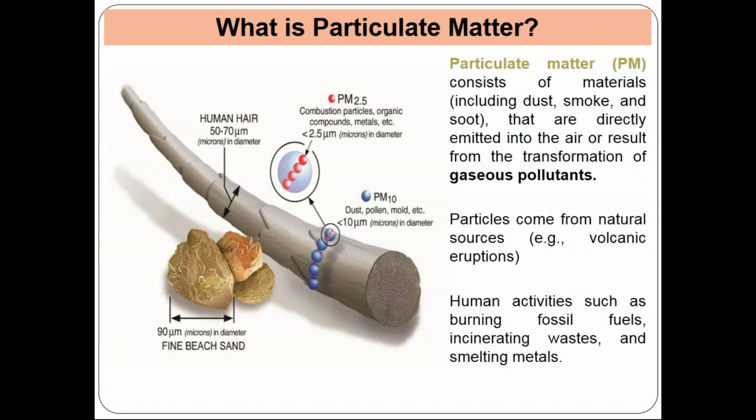We are still considering PM2.5 and PM10 only. If we measure our hair, the hair diameter ranges from about 50 to 70 micrometers. In 70 micrometers, you can put 10 particles of PM10 on one hair. Now you can assume how many PM2.5 particles, the dust particles having a diameter of 2.5,